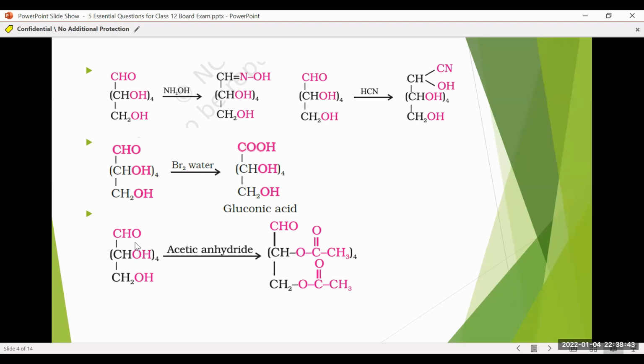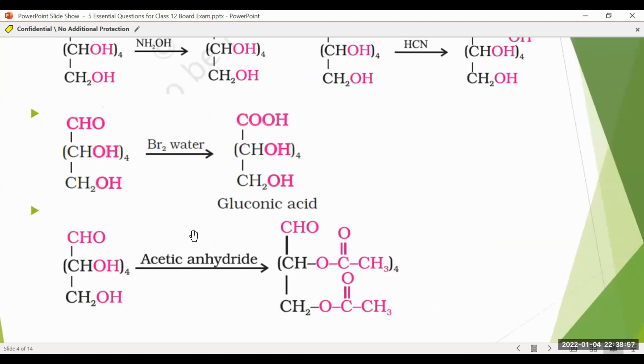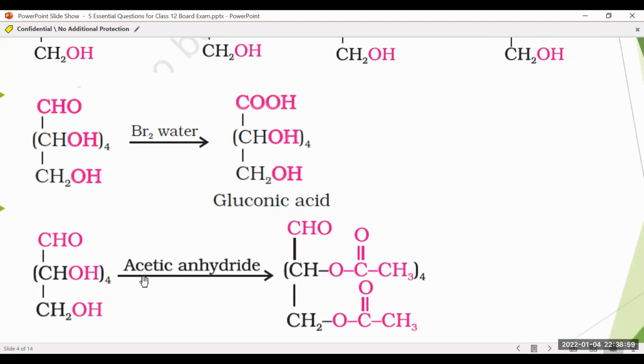How many OH groups are found in glucose? A very wonderful, interesting question. For visualizing this part, we undergo the reaction of acetylation with acetic anhydride. Acetic anhydride is your CH3CO-O-COCH3 reagent. When it undergoes this reaction, it will